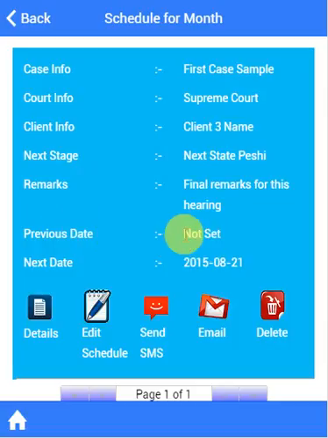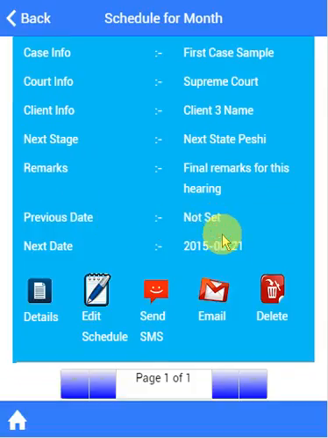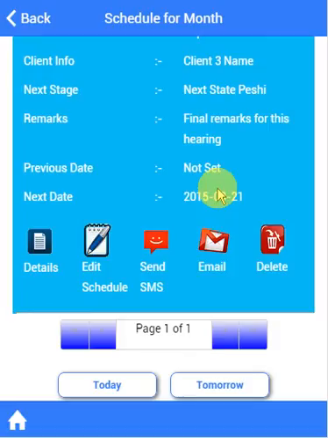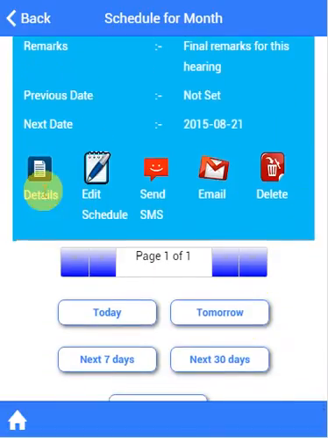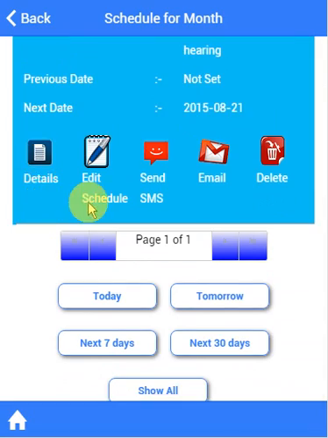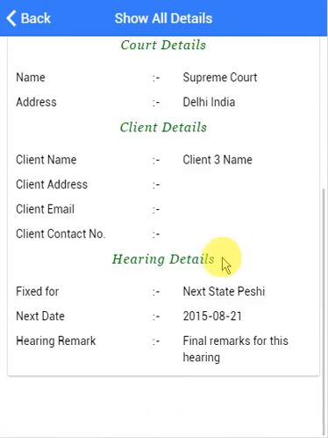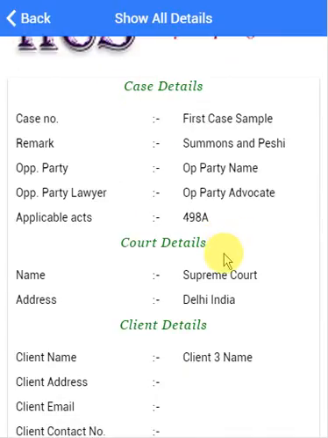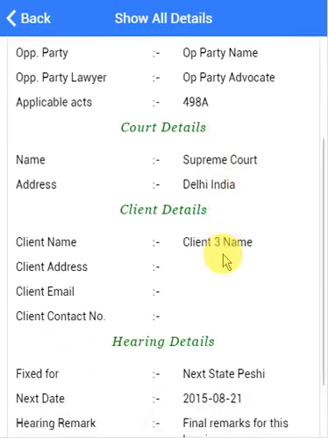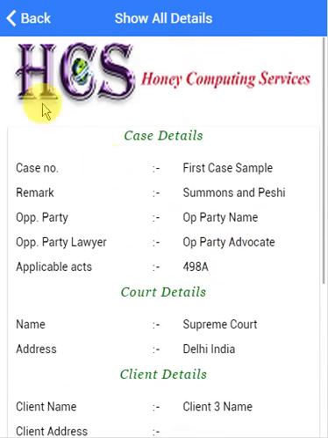Previous date is not set because you did not enter any previous date information about this case, so it will show as not set. Now you can see the complete detail of this case, like case detail, court detail, client detail, hearing detail, etc.